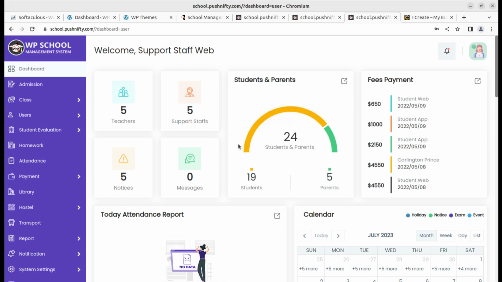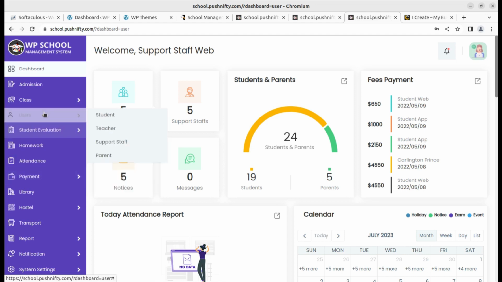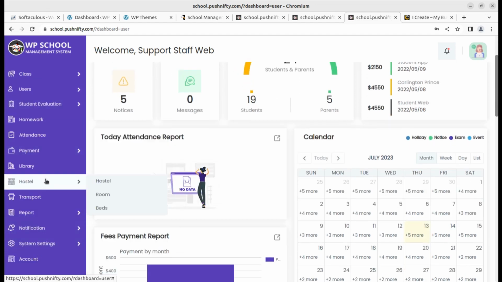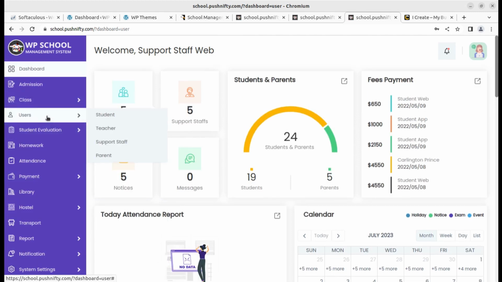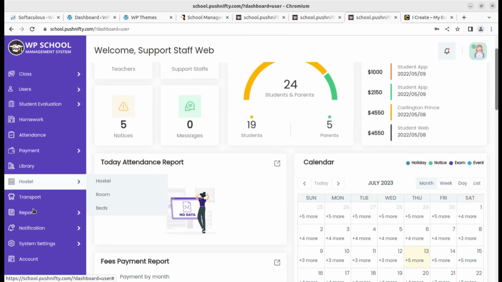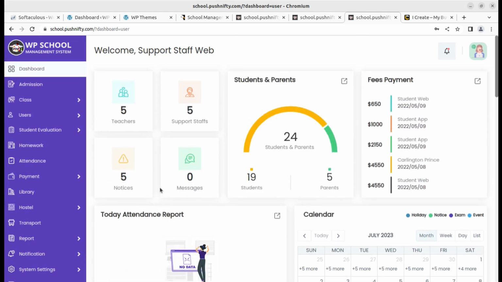And this is the login for the support staff. Again, support staff can access certain things what had been allowed for a support staff. This is like administration support staff, like clerks, etc. can be considered as support staff, and they will be able to access the screens that has been allowed to them. So I have shown you much of the screens, much of the things about the system, and I believe now you are